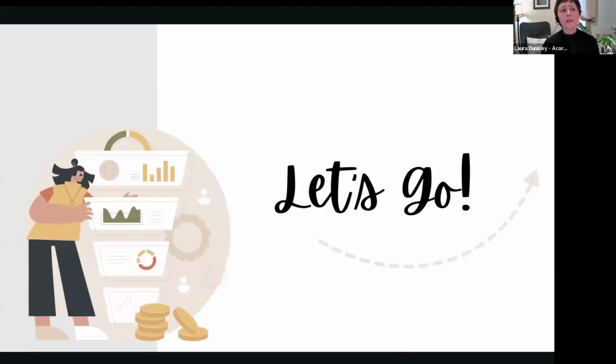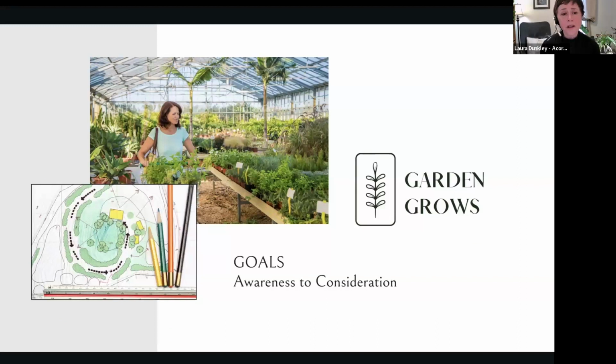And as always, we need examples to help us understand all of this, or it does help, right? So let's go into our demo company, Garden Grows. We continue the journey for them. And for anyone who's new to this, Garden Grows is a garden center, and they've just introduced a landscape design services division. And our whole focus is around how do we launch this new division as part of this business.